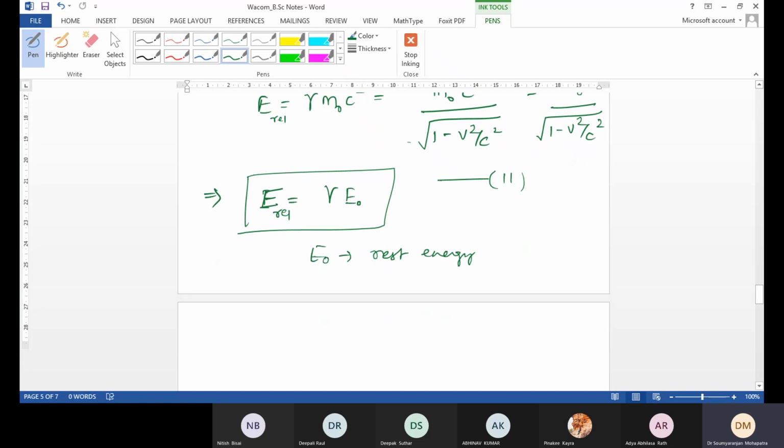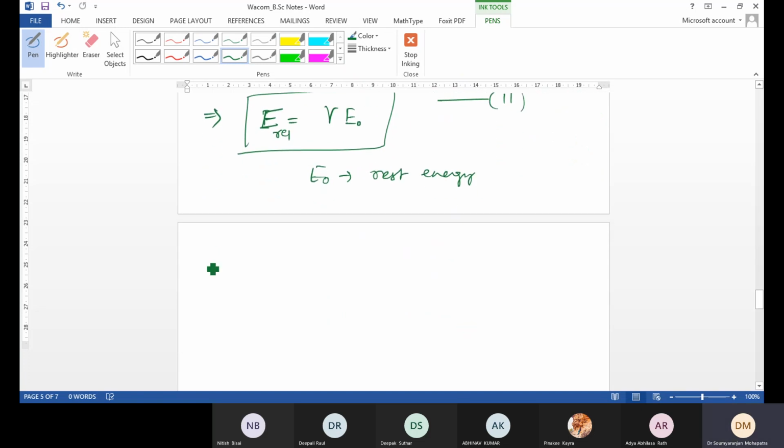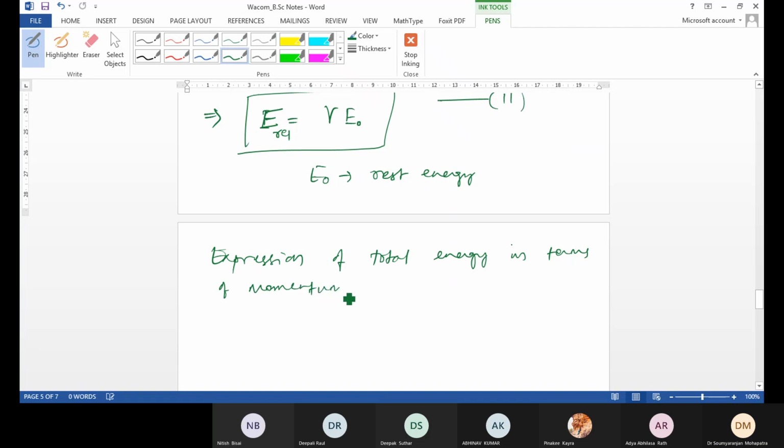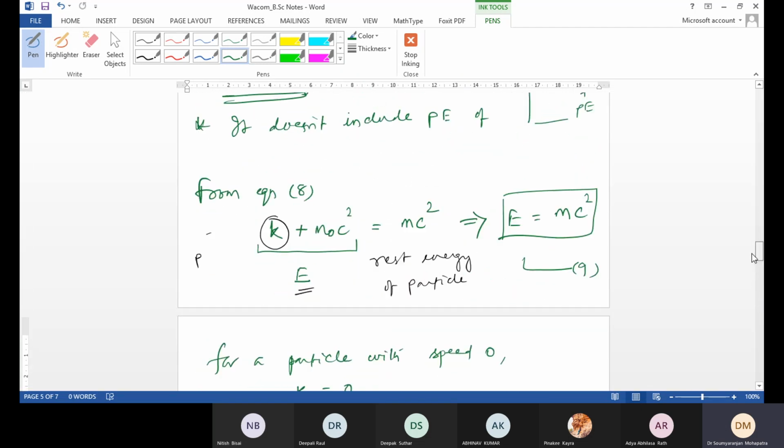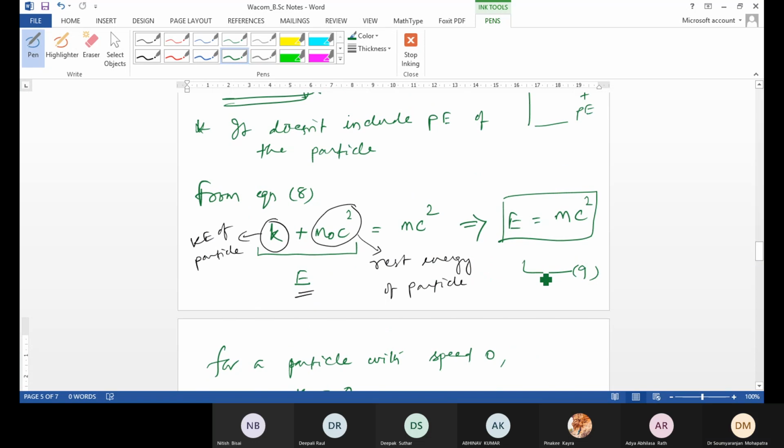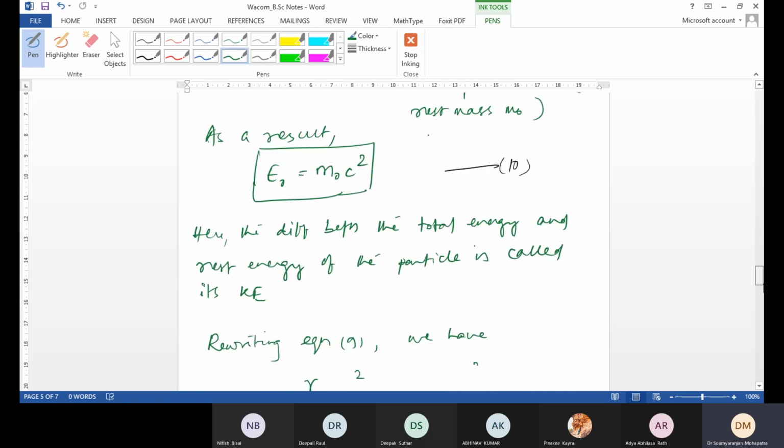Okay, so while expressing the total energy in terms of momentum, what happened? What he said is: let us square the total energy expression, equation 9. Let us square this equation 9. So when you square equation 9,